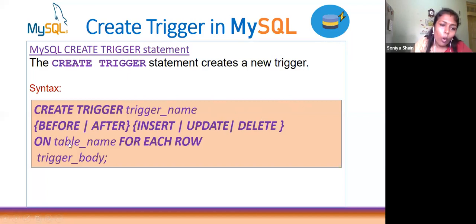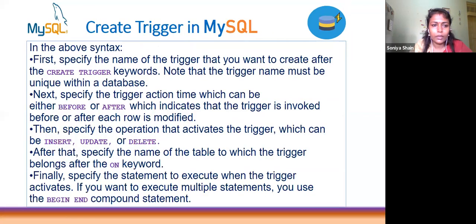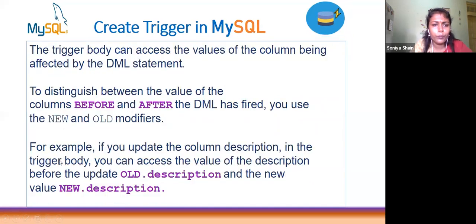Then on which table name, you have to write the table name, and for each row, then write what is to happen. After the trigger name, whatever the purpose is, write the details of that purpose in the block here. You have to write what tasks are to be done. That task has to be written here. From the example, it will be clear to you. Next is the definition only. I already talked about this one with you.